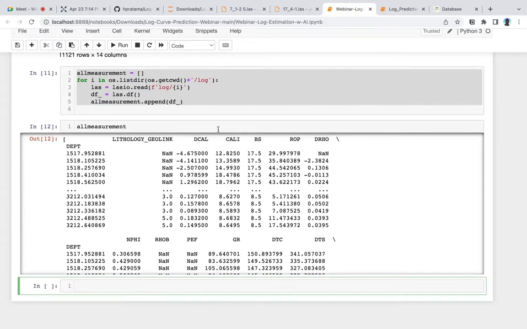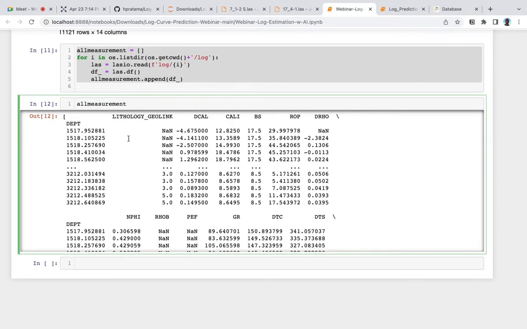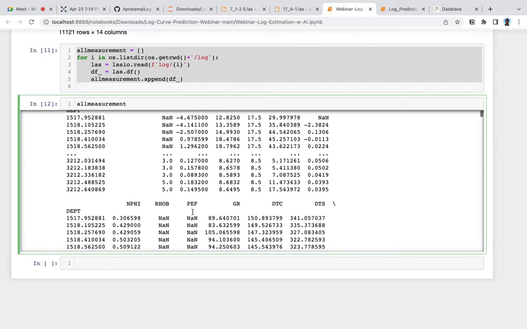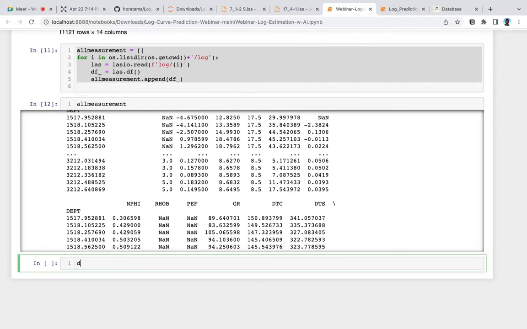not a single data frame like this. So what we're going to do is concat all of these data frames into a single data frame called df. So df is equal to pd.concat, which will concat the all_measurement into one single data frame.